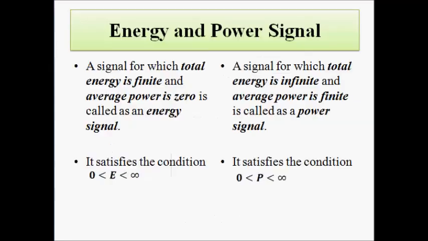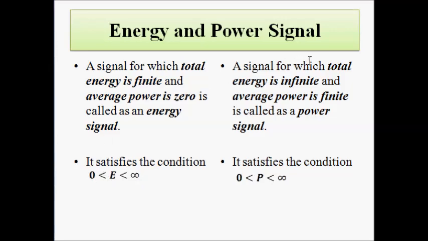Then we have an energy and power signal. Okay. An energy signal is one in which the total energy of the signal is finite. It is a non-zero value lying in between 0 and infinity, but the average power of the signal is 0. This is the main criterion for an energy signal. So, it satisfies the condition that the energy of the signal E lies in between 0 and infinity,